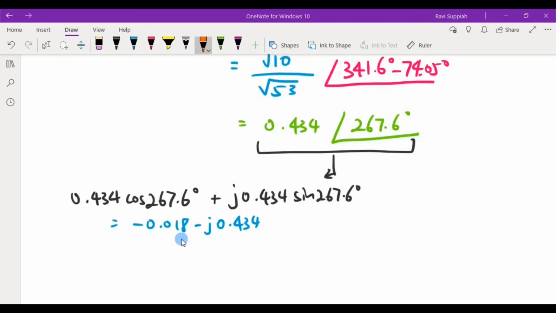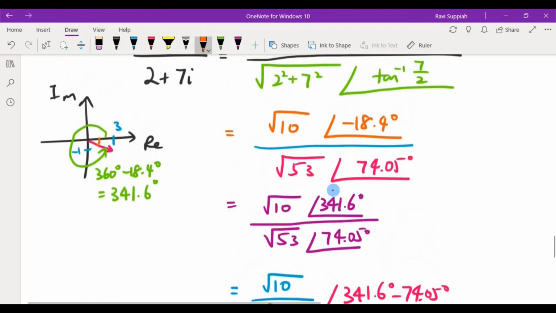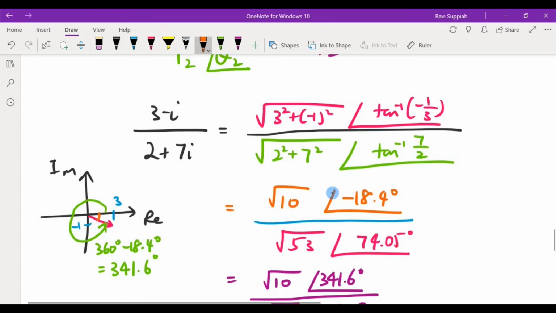We can confirm that this is the correct answer by performing the division based on the rectangular form approach,